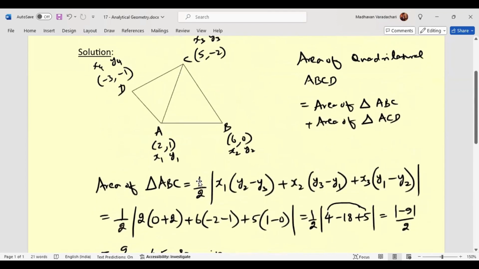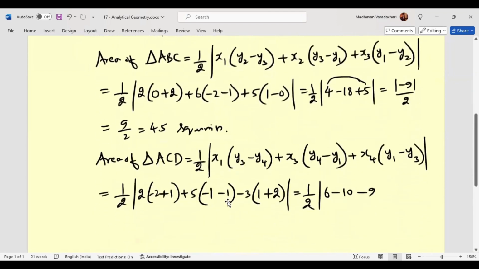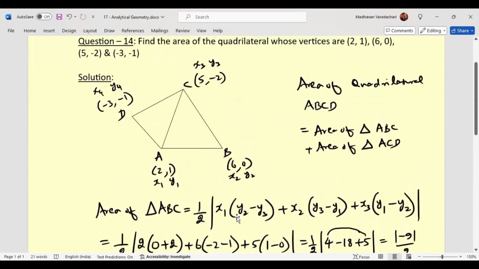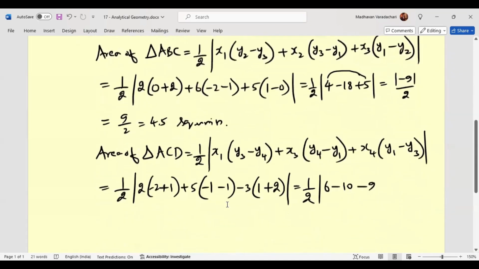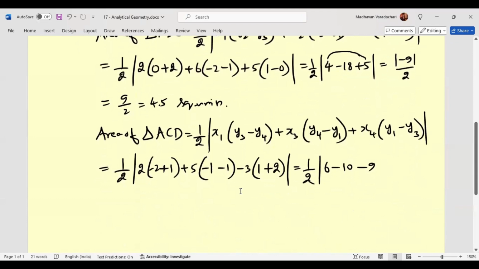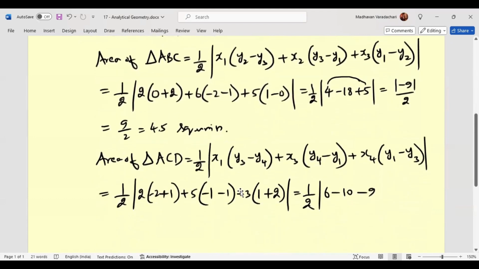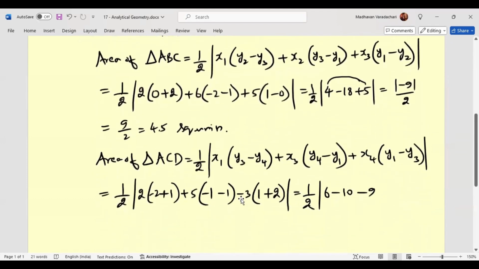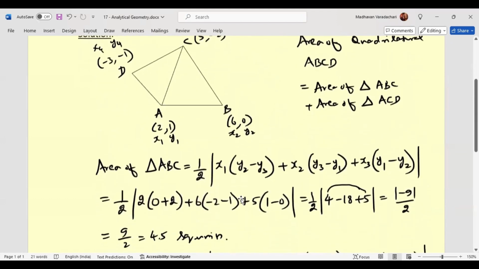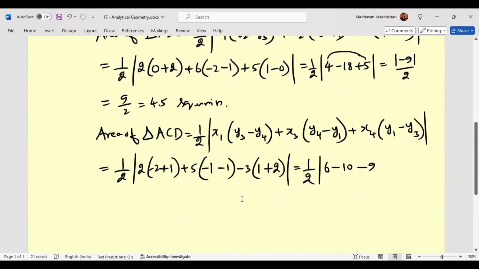Plus x3 is 5, okay, times (y4 is -1 minus y1, which is 1) plus x4. x4 is -3 times (y1 is 1 minus y3). Minus of -2 becomes +2. Okay, so this is now